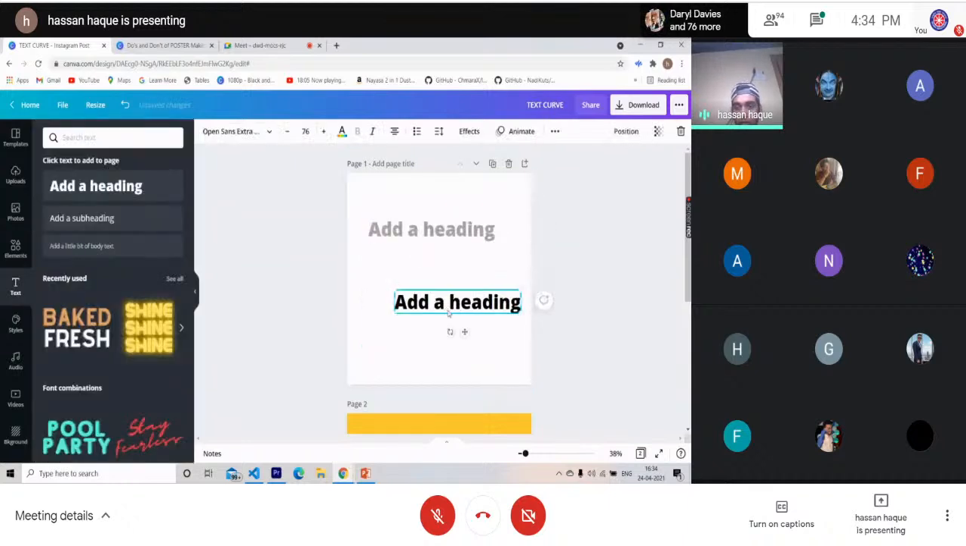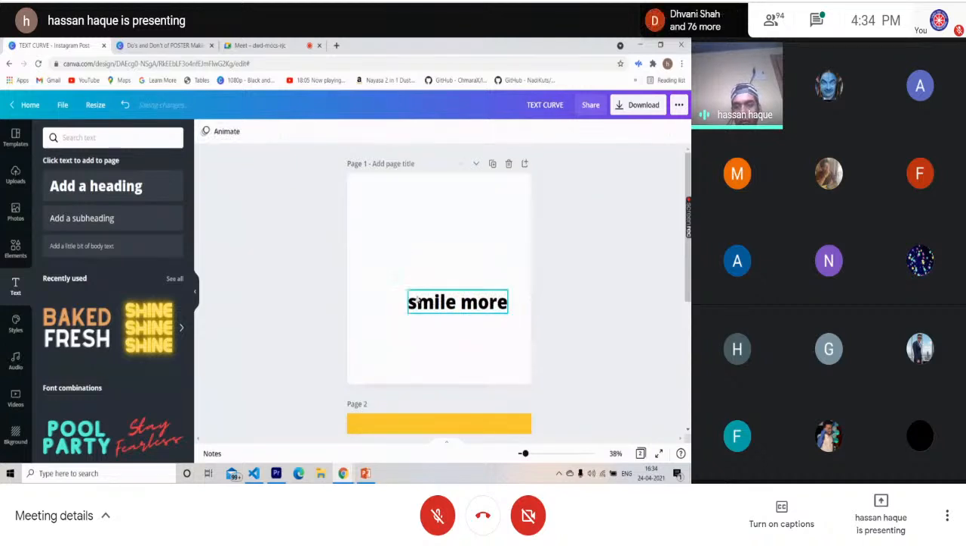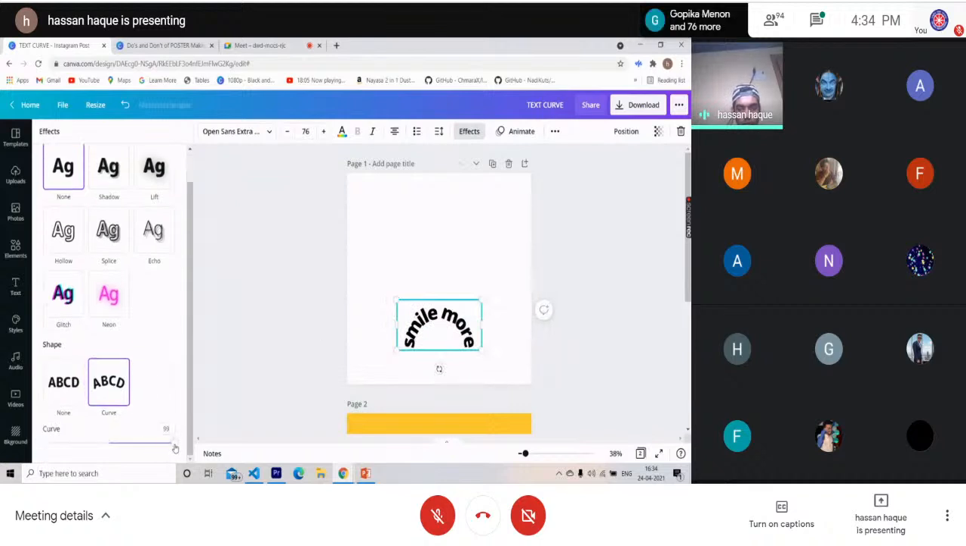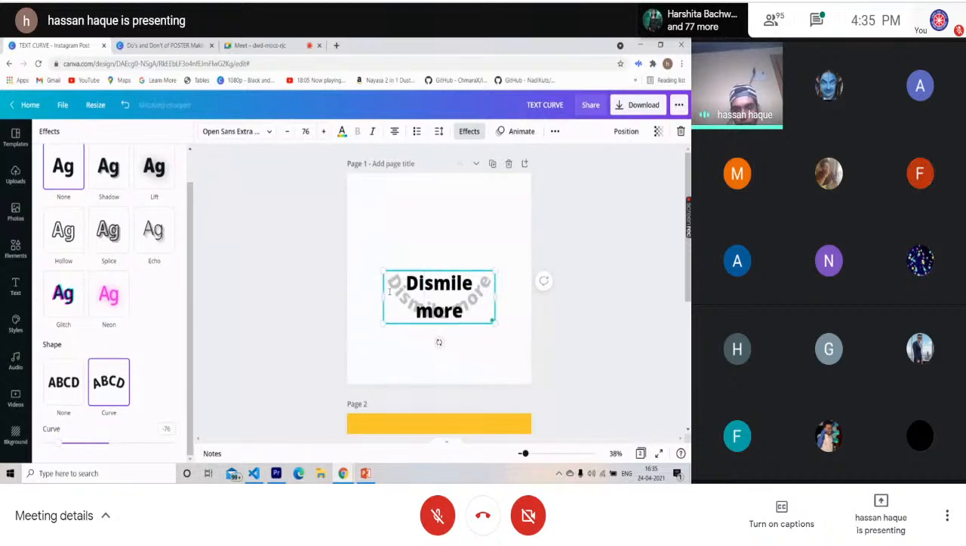The best part is you add a text, smile, smile more. Then you click on this, go in effects, and you can see curve over here. You can play with this curve, making this circle a smiley. You can even ask a question over here by saying, did